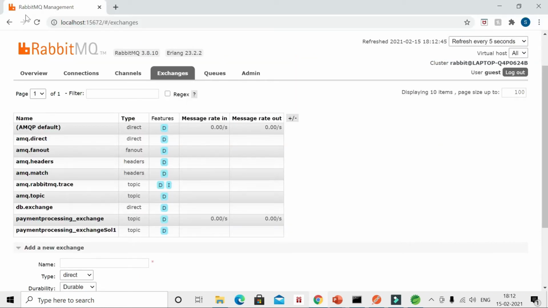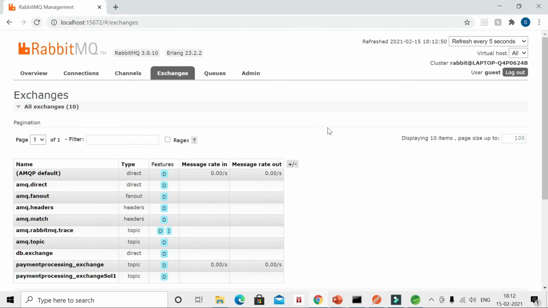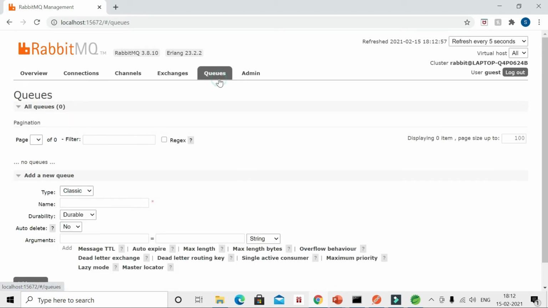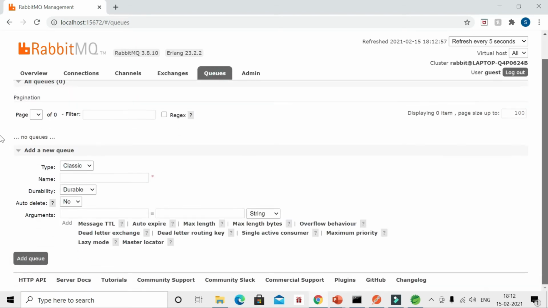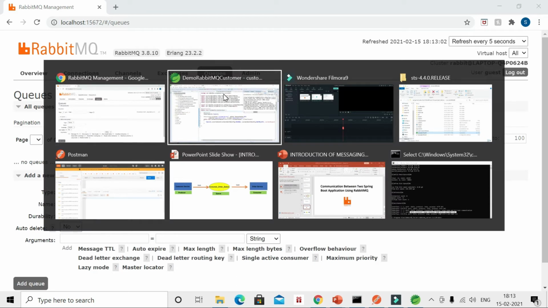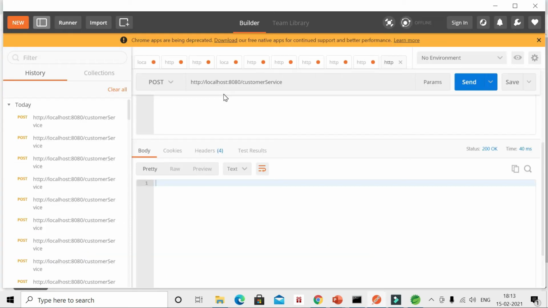So now you can see there is nothing, right? Currently nothing is there, in queue also. Okay, so now we'll go to Postman and we'll hit.